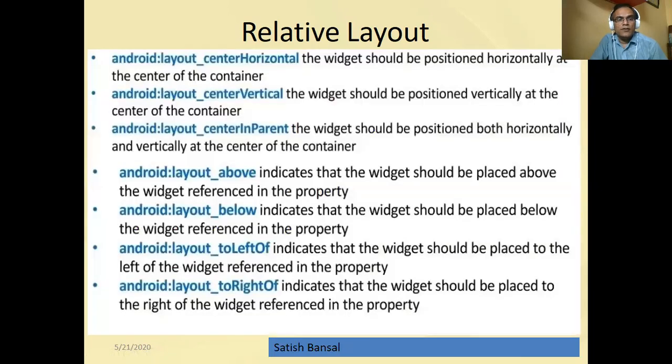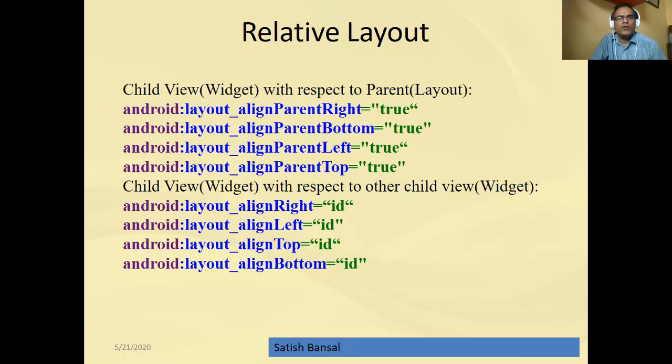And these four attributes: above, below, to left of, to right of, are also used to relate one widget with another widget. Again we need the ID. So now how can we use all these properties to develop Android applications?